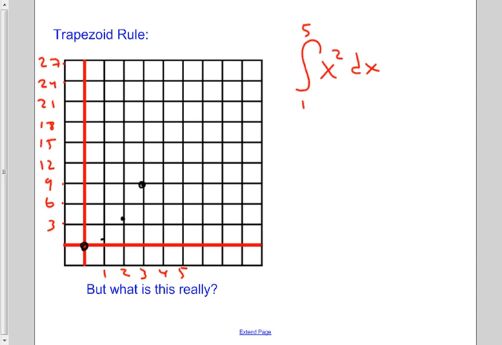Okay, so we've got 4, 16, and 5, 25. So here's our